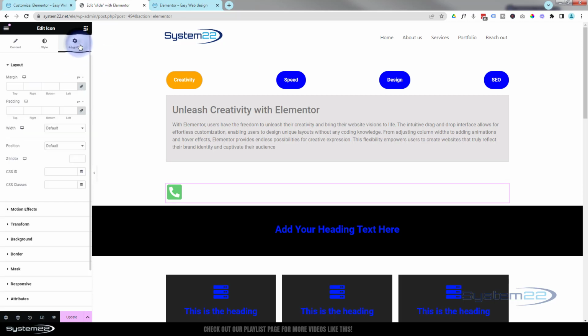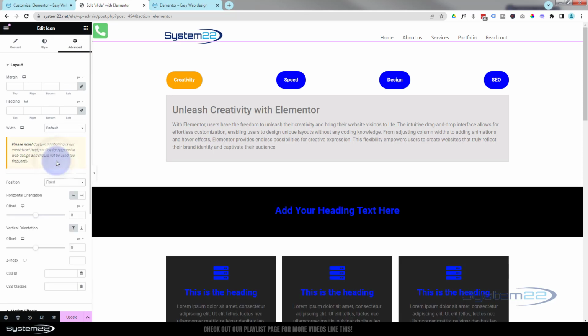So I'm going to go over to Advanced. I'm going to go down to Position. I'm going to change it from default to fixed. That throws it right up on the top there. I mean, that may be okay for you, but I think I want mine just slightly down under the header,